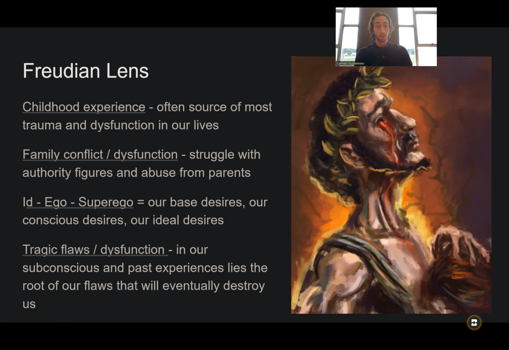And as it says here, he believed that it's often the source of the most trauma and dysfunction in our lives. So if you go to a psychologist and you say, hey, I have this problem, this dysfunction in my life, and that psychologist is practicing Freudian theory, they will very much like to link whatever it is that's bothering you now back to your childhood, back to something that happened to you when you were younger. Just so, when we are using this lens, we will really want to look for any sort of childhood issues or childhood experiences that affected our characters,